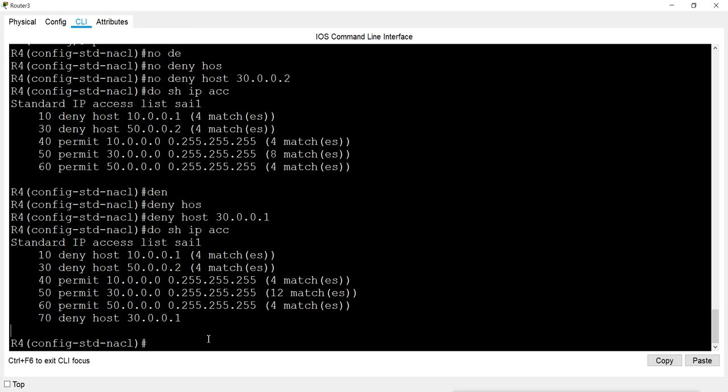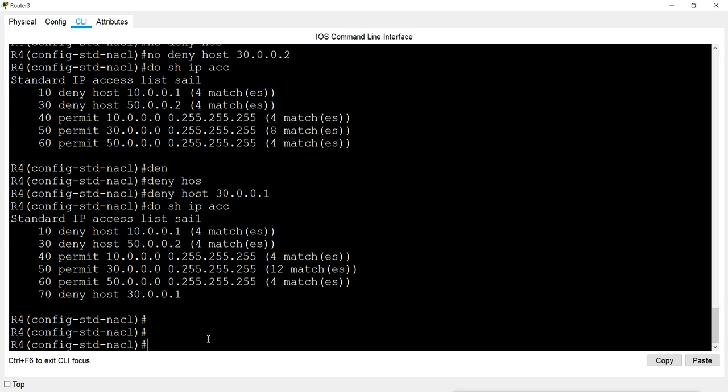So we have the option to remove an entry and add new entries, but we have a problem that we can add only at the bottom of the list. Now, after IOS version 12.2, we have these sequence numbers. What is the benefit of the sequence number?